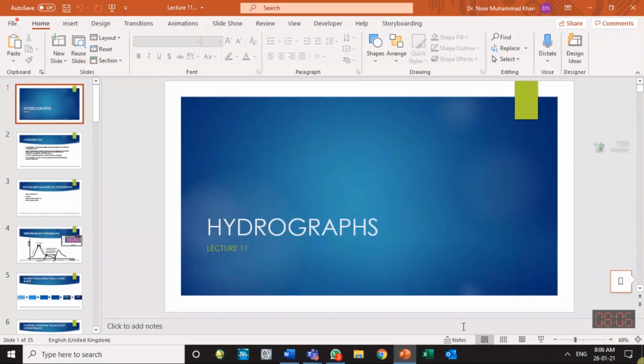And that method was the SCS curve number method, Soil Conservation Service curve number method, which relates the direct runoff